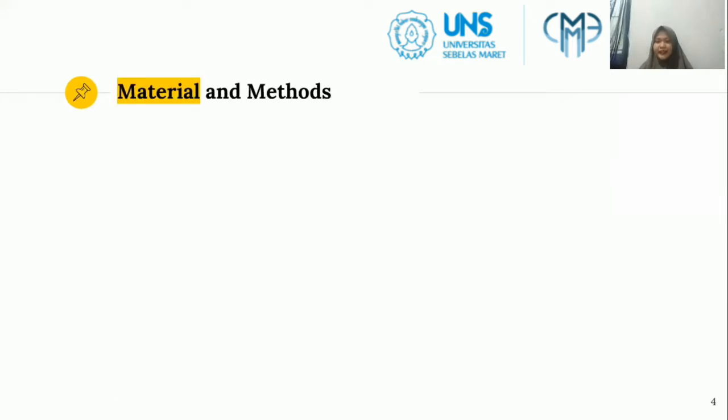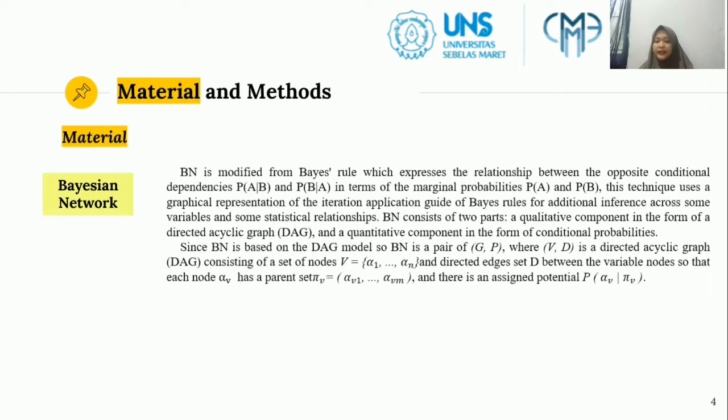The second, material and method. Material. Bayesian network is modified from Bayes' rule, which expresses the relationship between the opposite conditional dependencies, probabilities A with condition B and probabilities B with condition A in terms of the marginal probabilities P(A) and P(B). This technique uses a graphical representation of the iterative application of Bayes' rule with additional inference across some variables and some statistical